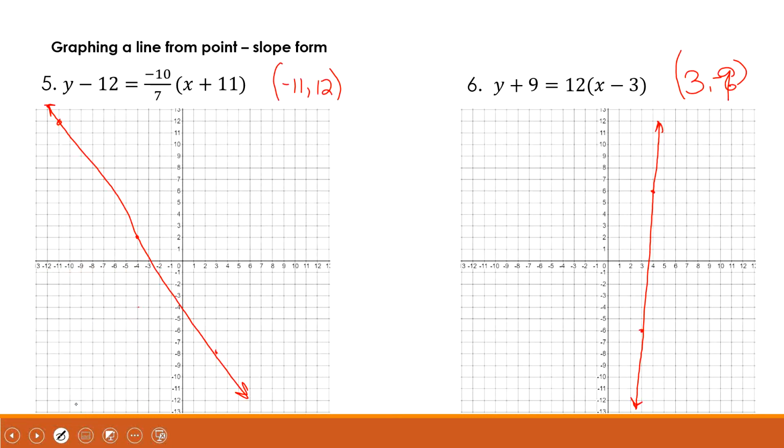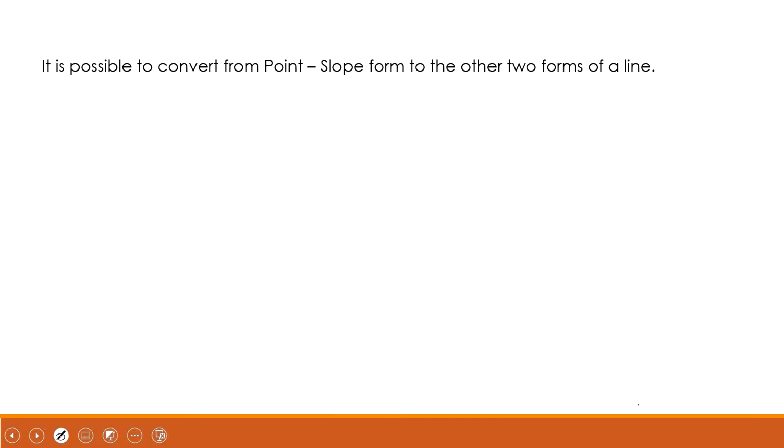My point should have been -3, -9, so it should have been down here. And then it's up 12 from there, so it should have gone here. So it's going to be the blue. It's pretty close to the way it was. It's just I made a mistake. Sorry about that. All right, so I had said we're able to convert from point slope form to the other